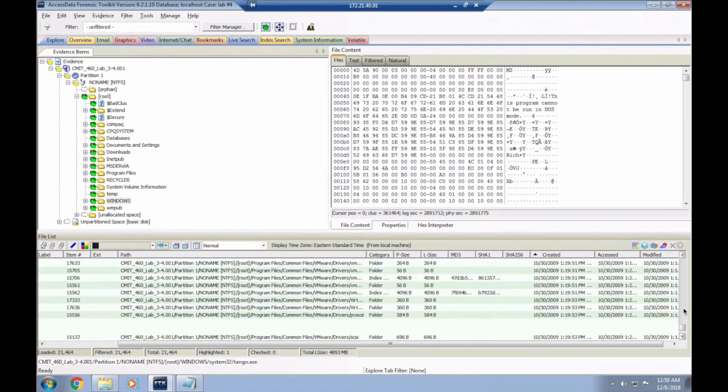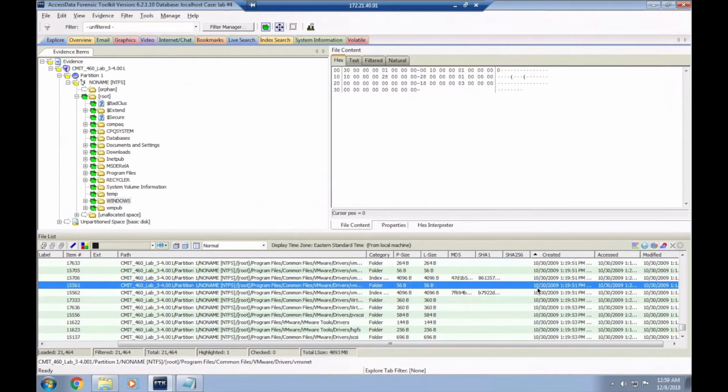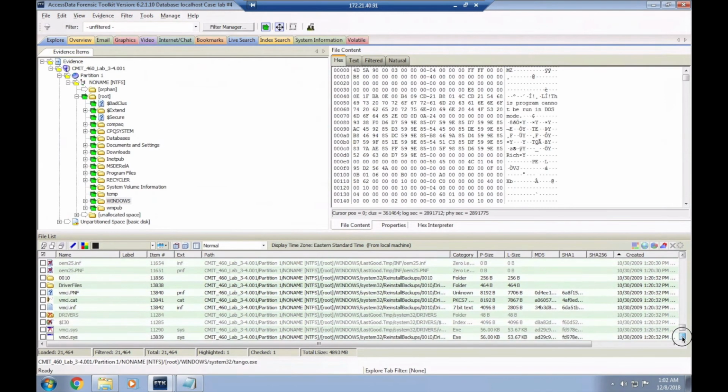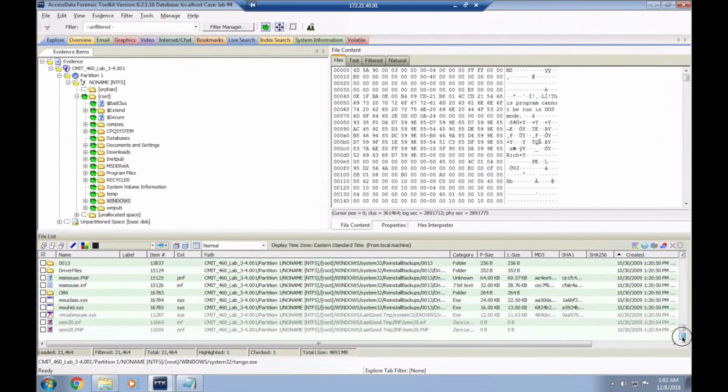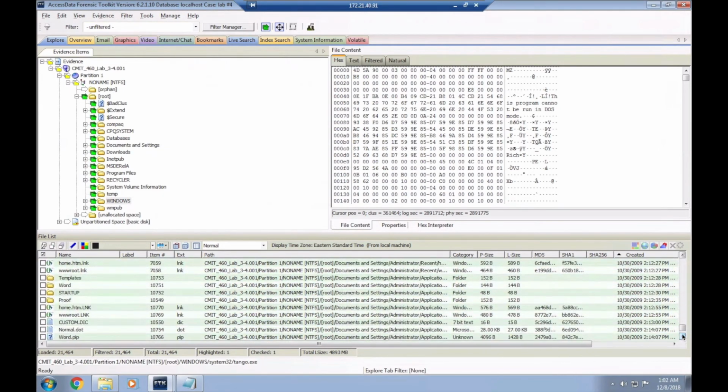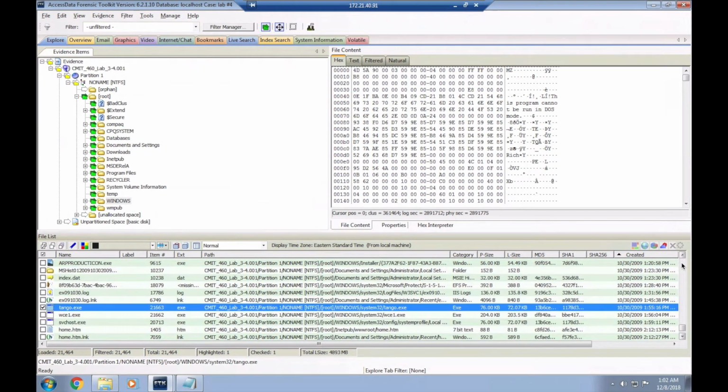So it was 10/30/2009. Okay, oop, there it was. All right, so there's tango.exe. So you can see what I'm doing here basically is I'm looking at other files that were created around that same time. Well, interesting. Here's